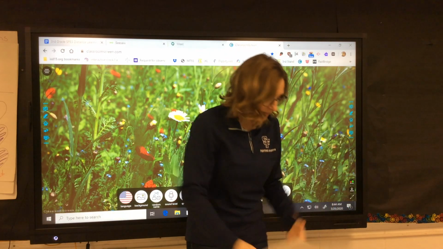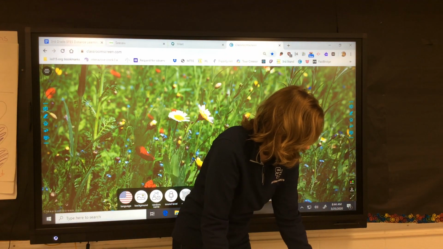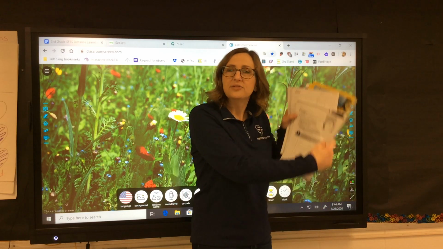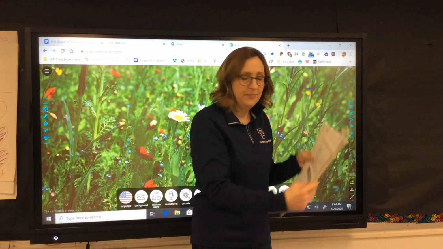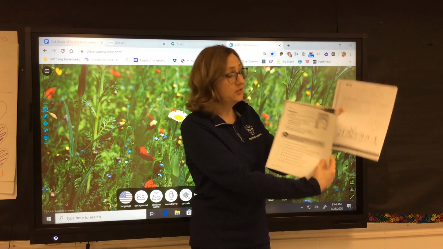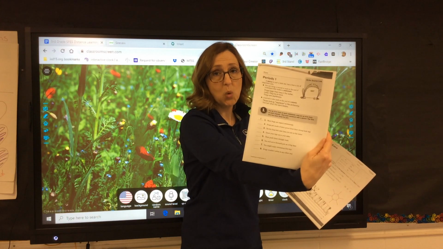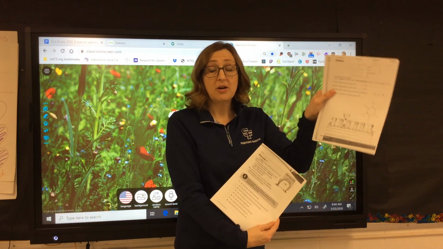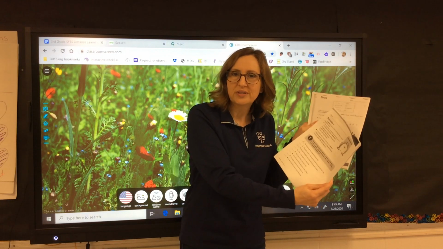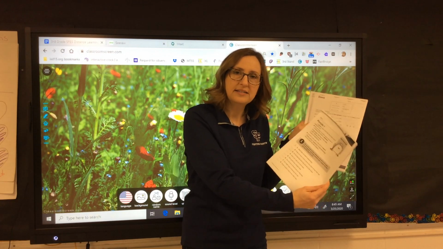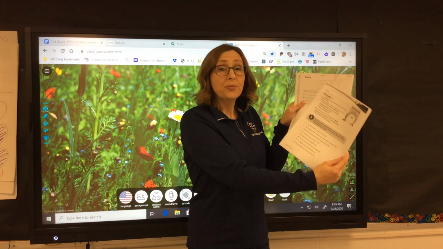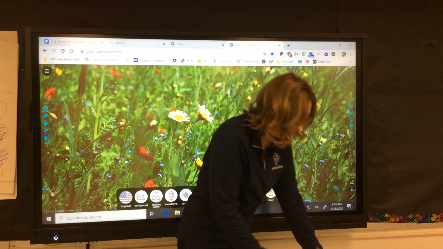All right. Else in our packet, there's a bunch of different stuff. Don't get overwhelmed right away. What you need to do is find these 2 packets first. This one says periods, and this one is talking about lines. These are the 2 have-to-do's that we're going to be including in the lesson plans that the kids are going to be working on for the next 2 weeks. So these are the have-to-do's.